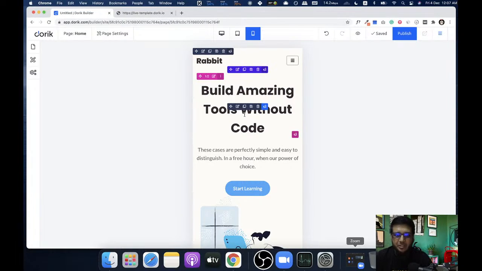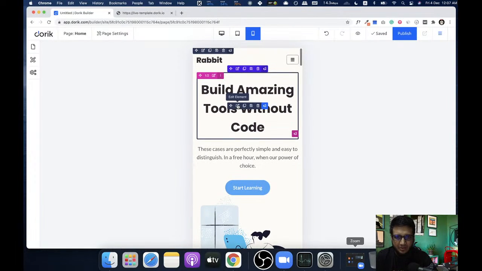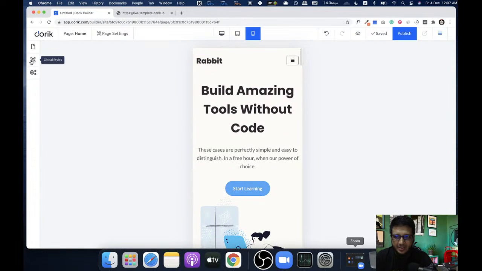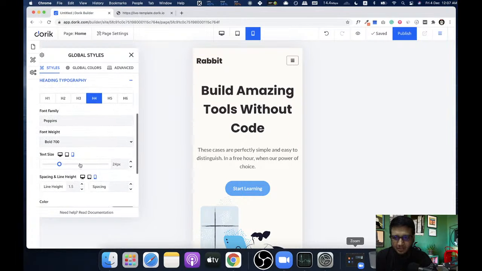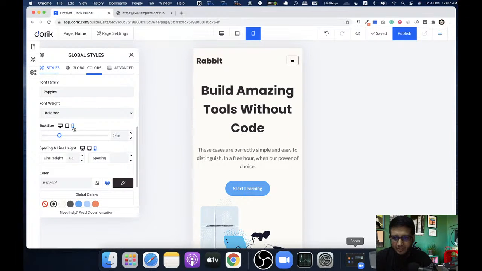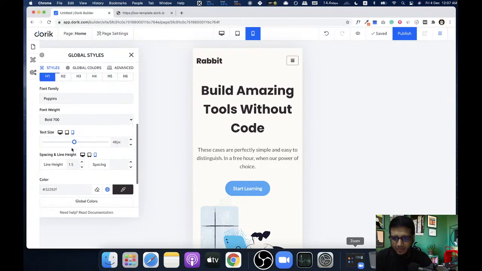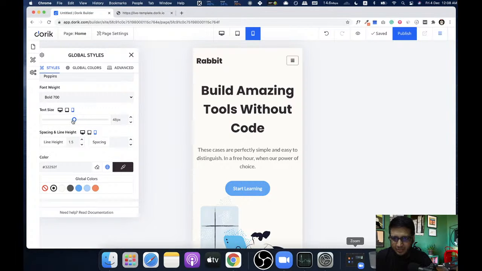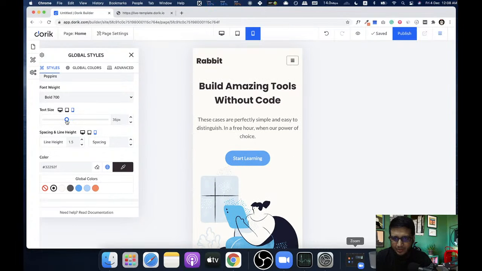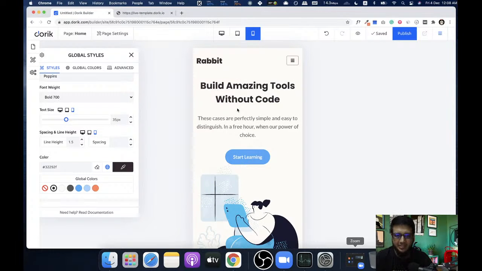So if you want to change, let's say, the h1 size in the mobile or your phone, you can change it from global style, you see the mobile icon here, and I'm gonna select the h1. I'm gonna reduce the size to, let's say, 35 pixel. So now we have 35 pixel on the mobile.